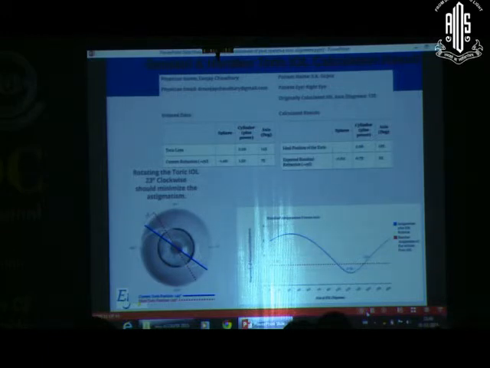And it is going to give you this whole data system that if you place your lens at 30 degrees, this is going to be a residual power. At 60 degrees, this is going to be a residual power. And this curve helps you to determine that this is the best point where your power would be the least. So you can choose that best point and put your lens at that point.